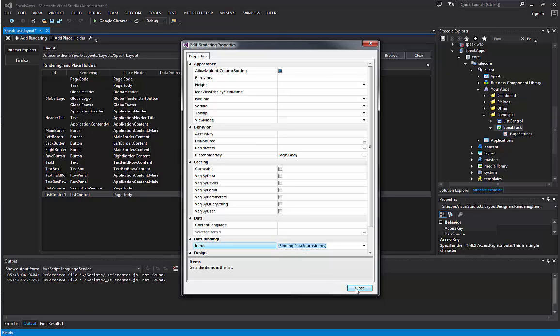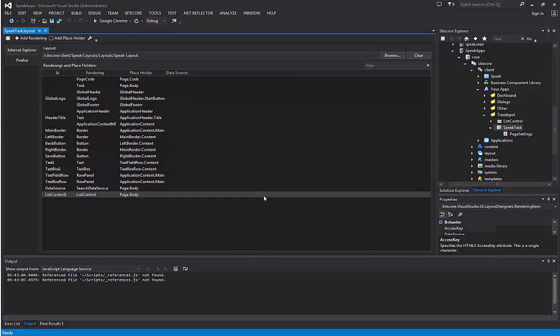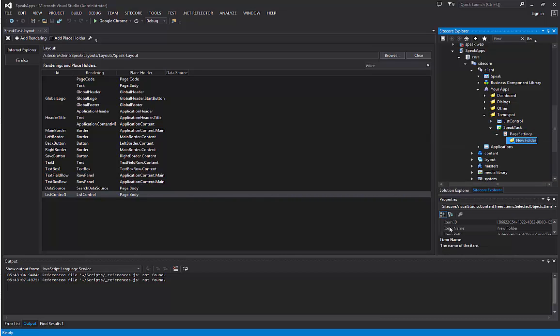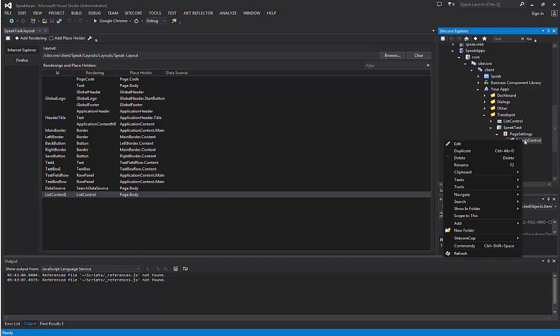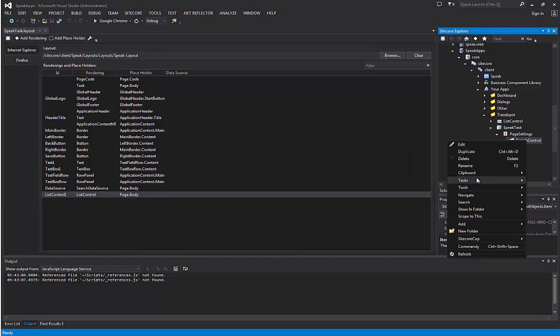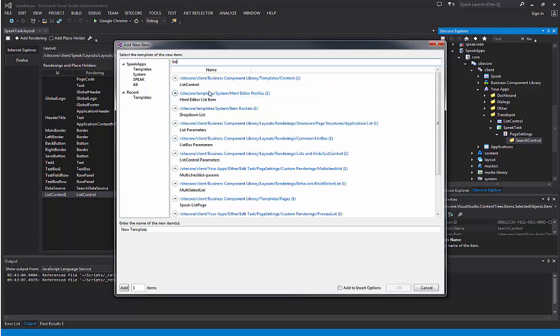Now there's a second part to this, which is how we display the data in terms of what fields we want to display. So this list control will actually reference another item within the site, and that's an actual list control. So what I'm going to do is go into the page settings of our application and insert a new folder, and I'm going to call it search control. And this is where we're going to put our actual item, which will tell us which columns and fields we want to display. So if we add an item here and we search for list control,